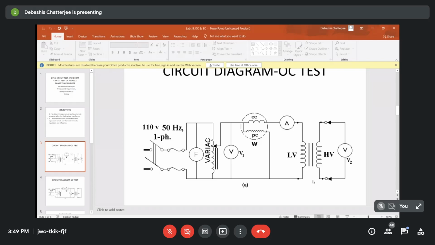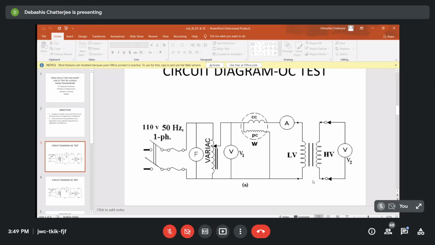The shunt element comes into play when you are not connecting a load, that is, under no load condition, and no load means low current should flow. So the magnitude of the shunt elements should be of high value: the magnetizing inductance will have a much larger value compared to the leakage, and the core loss resistance also will have larger values. So in this open circuit test, the current is controlled by the shunt element, because it is the controlling factor.